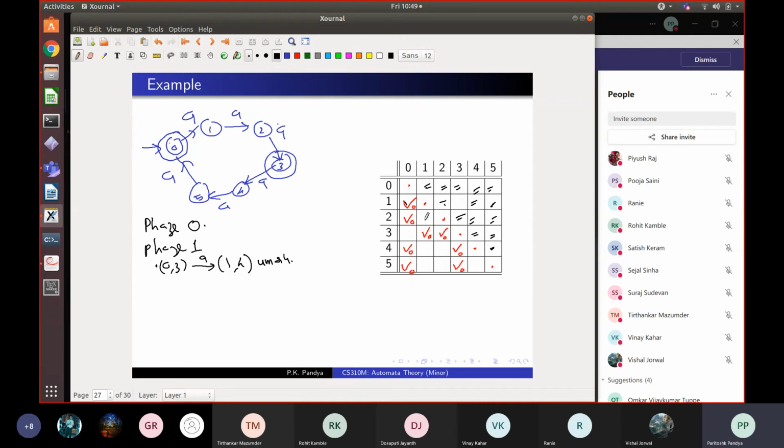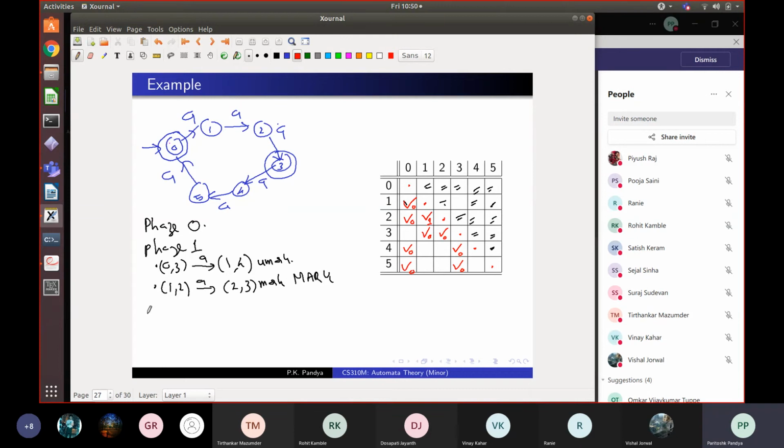Okay. I go to the next column, I get 1,2. 1,2 on A will take me to 2,3, right? But 2,3 is already marked in the previous phase. So this is marked. So I will mark the new pair 1,3, which was not marked before. Now I mark the new pair 1,2. Do you see how I am marking this pair 1,2 in phase 1? I hope everybody is clear that this new mark arose in this pair.